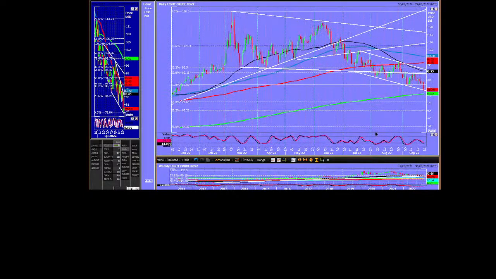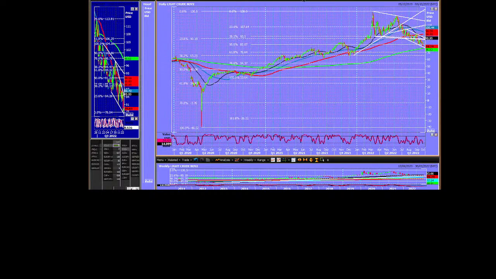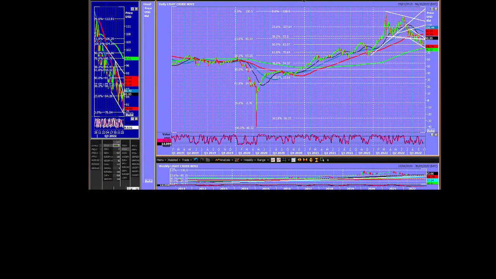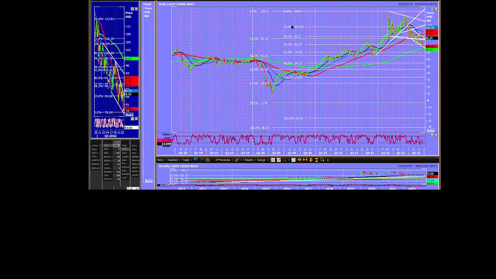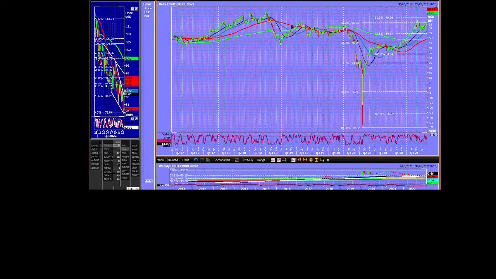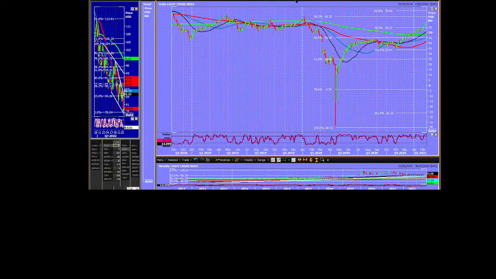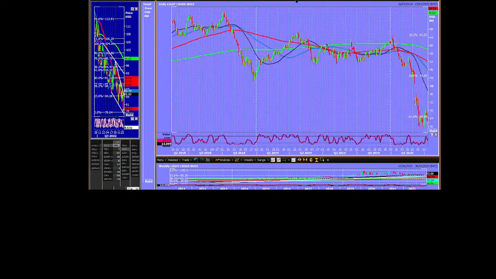We're oversold on the slow stochastic. We are coming into some support. We've got the 500-day moving average, which can work as a good support level. Now, look, can I find some examples of it? There you go, look. If we go back, not spot on, not to the pip, but the 500-week moving average can do a good job of being a fairly general support area.